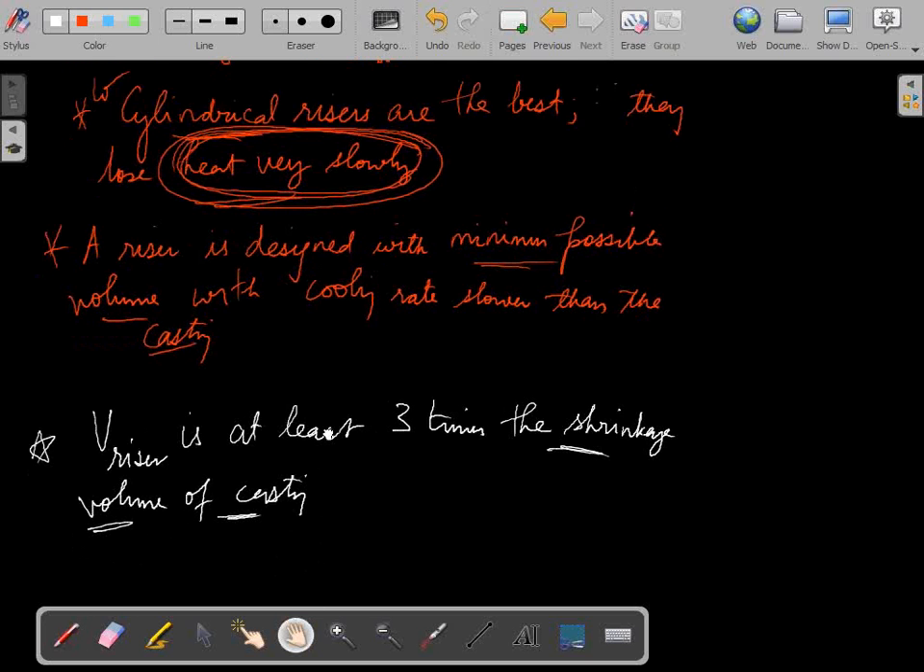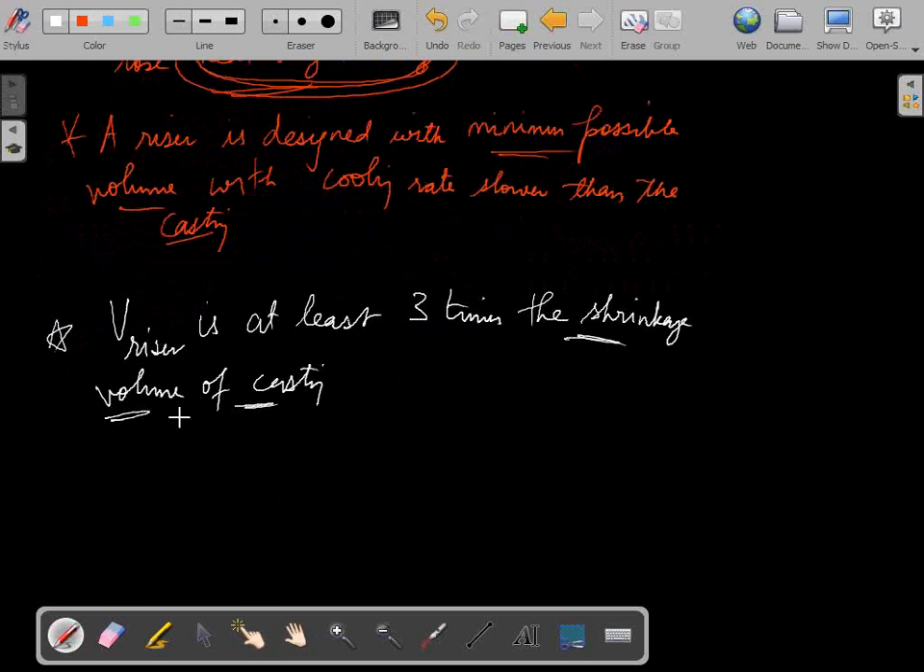Okay, now if you want to increase the riser efficiency, so in a way, if you look at it, a riser should be able to withhold heat within itself for a very long amount of time. This means heat dissipation through the riser should be the least. Okay, this means riser efficiency can be increased